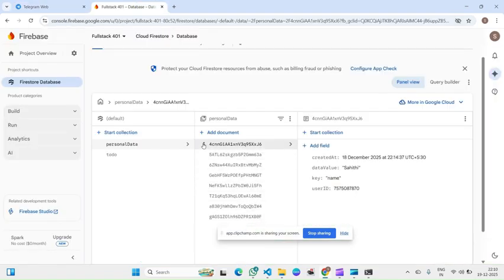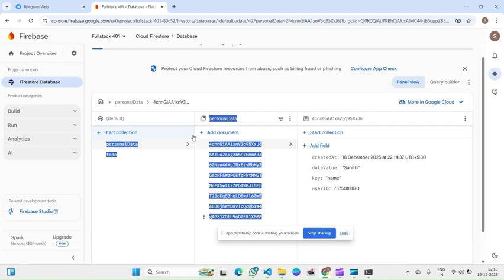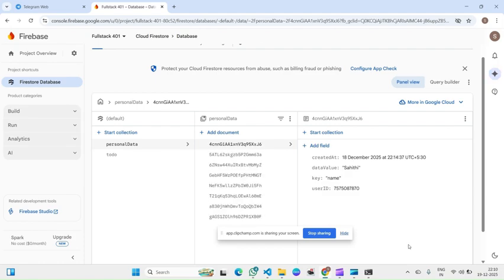These are the changes, represented in the form of some type of code, like numbers, and this is my data which is stored in a Firebase. So in this video we learn how a Telegram chatbot